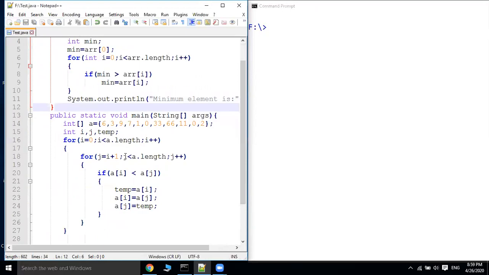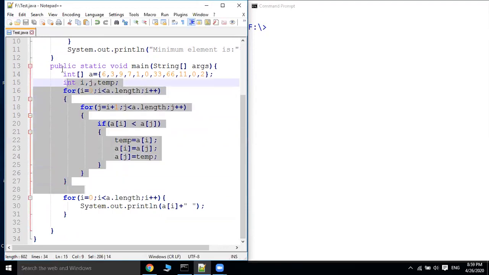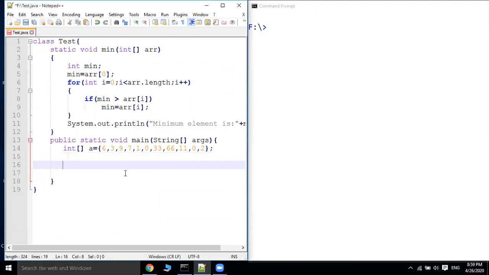Now in the main, let us take one array: integer a equals 6 3 9 1 0, the same array you can take, and then simply call the method min by passing the array a. Now a, the array, acts as the actual parameter, and arr acts as the formal parameter of the method min.